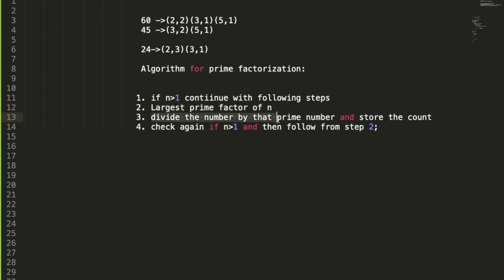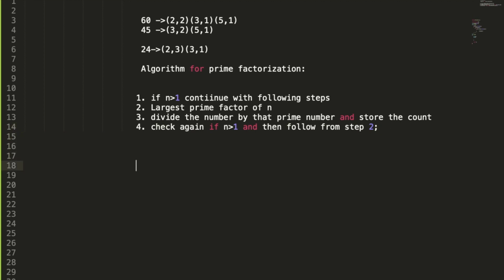Then we are going to divide n by that prime number, and keep dividing, and store the count of that. We divide till n modulus that prime number is not equal to 0. Then we check if n is still greater than 1, and if so, we continue from this step again.